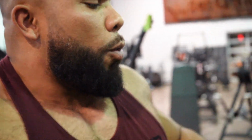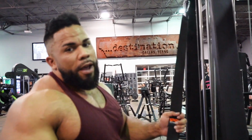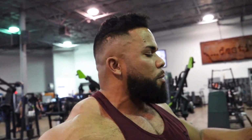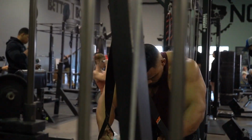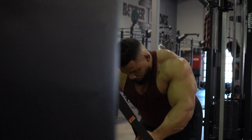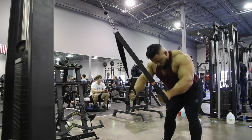So we're doing a finishing exercise here with the pullover. I like to use this brand piece rather than the rope because it allows me to just get my hand in here rather than gripping it, so I can focus more on the lats than just trying to focus on getting the weight pulled. So with that being said, the way we're going about it is